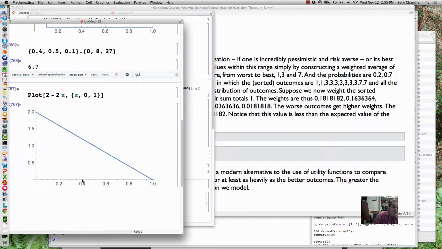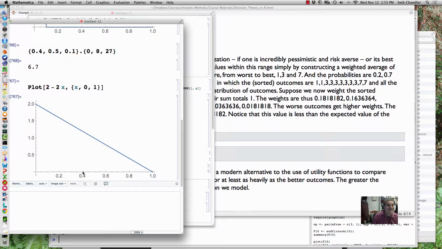There is a 40% chance that it's going to be 0. So what we want to do is to accord the weight on 0 should be equal to the area of this trapezoid here. And the weight we place on 8 should be equal to the area of this trapezoid here, up to 0.9. And the weight on 27 should be equal to the weight on this. It's a degenerate trapezoid, it's a triangle. The weight here. Does that make sense? And so we can actually do that, and I guess